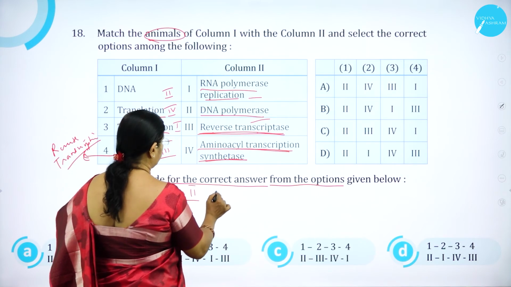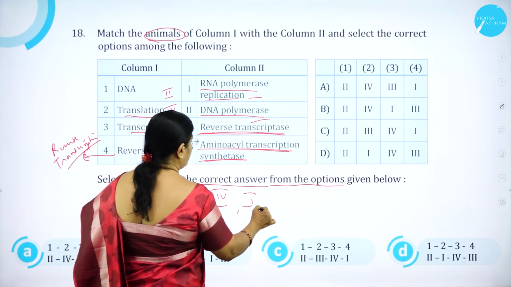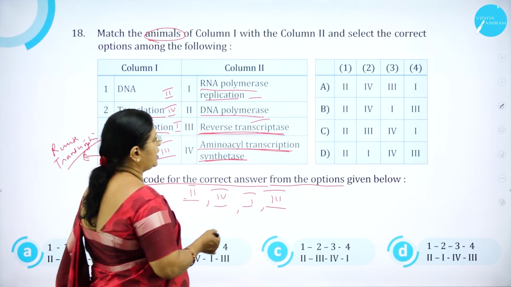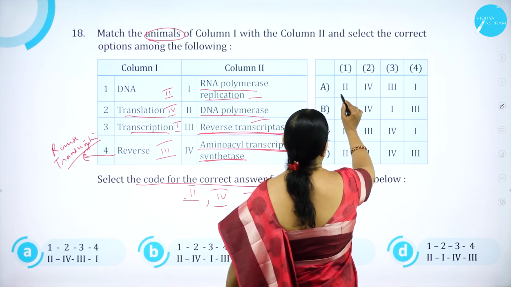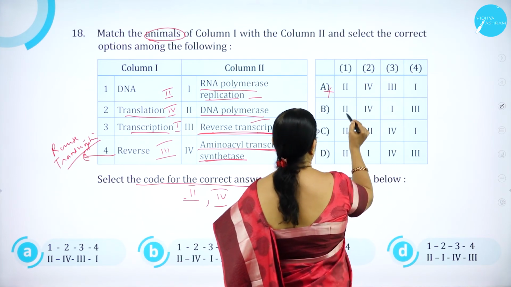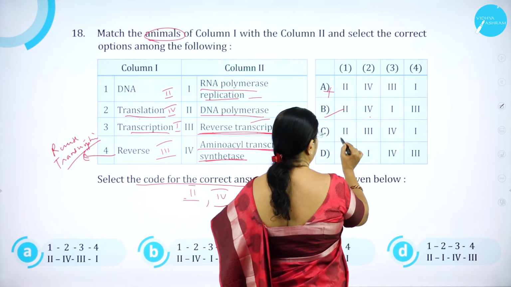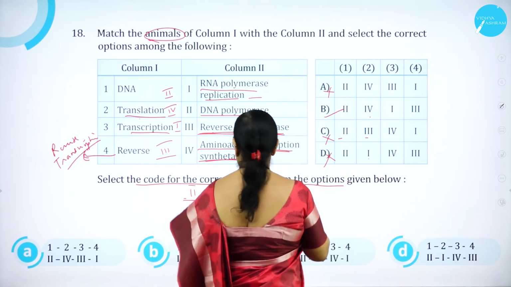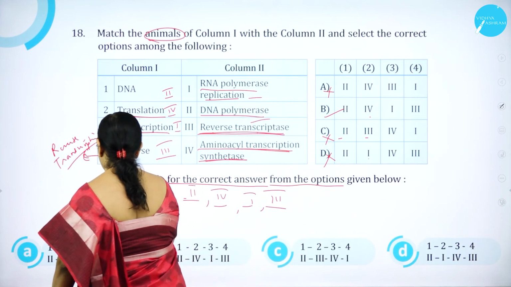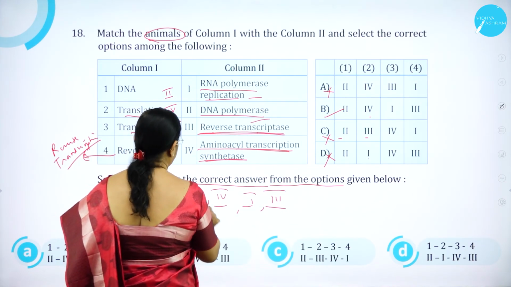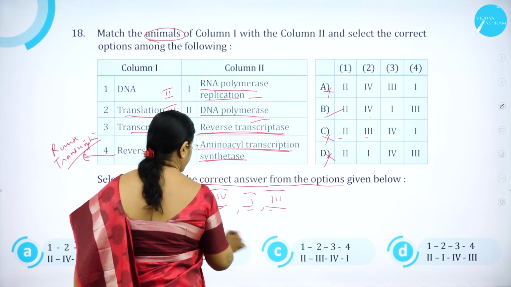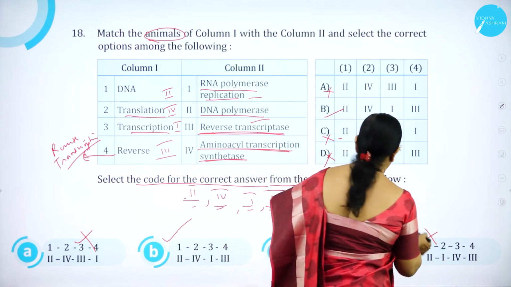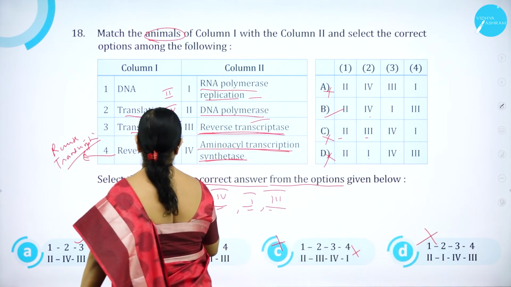So, the first one is 2, 4, 1, 3. Which is the option having 2, 4, 1, 3? Here it is 2, 4, this is wrong. 2, 4, 1, 3 is correct. Here 2, 3, 4, 1 is wrong. Here 2, 1, 4, 3 is wrong. So, option B, here also it is wrong. Option 2, 4, 1, 3, option B is correct. So, C is also 2, 3, 4, 1, wrong. 2, 1, 4, 3, wrong. So, option B is correct.